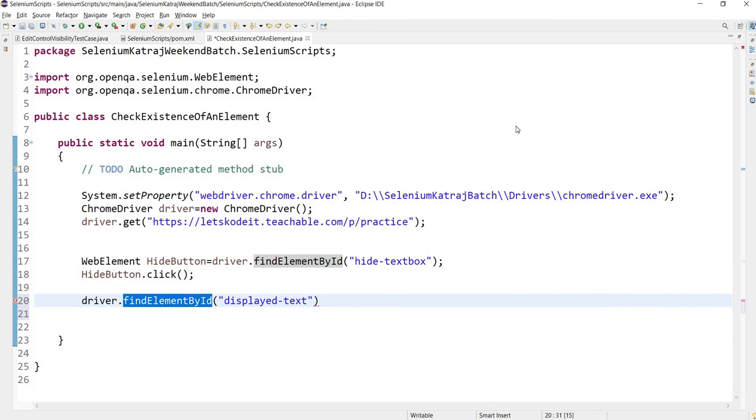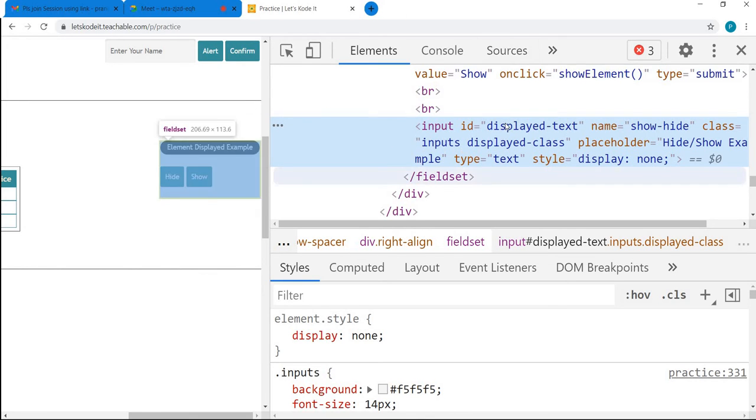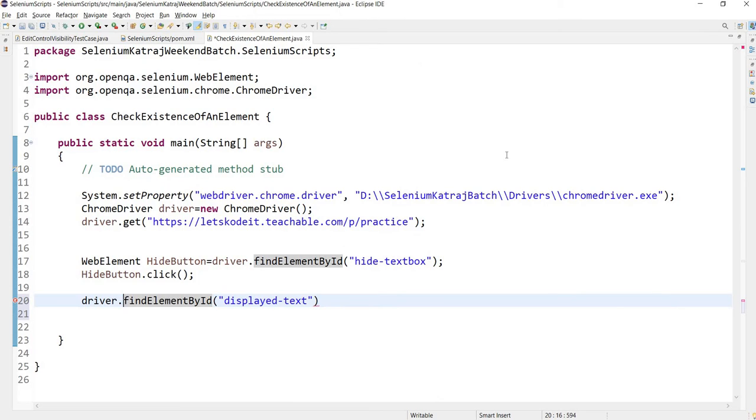Now if the element is present in the browser's DOM, the scripting reference of that element gets returned to us, right, which we can store in a variable, and then we can use that for performing the kind of operations we want to do with that.